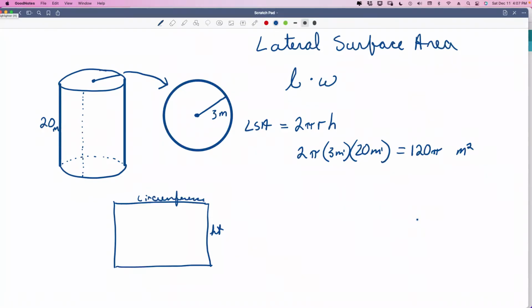How cool is that? Easy peasy. It's a lot easier than you think it is. All right. For a cylinder, 2 pi r height is your lateral surface area. And if you want to get your total surface area,